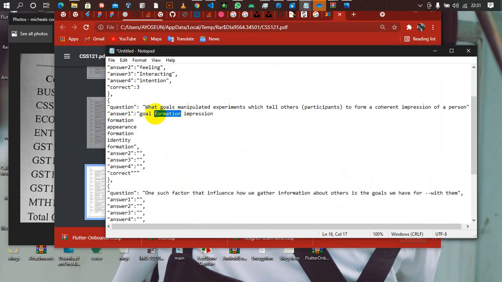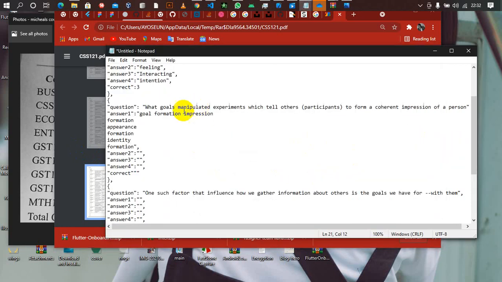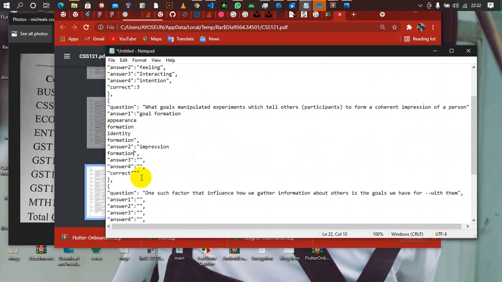B is the second one. So sorry, I must have missed something. Impression formulation. Okay, yeah, I think I got that wrong. This is the right answer. Getting the right answer is actually quite important. So number 2 is the right answer. So this one, identity formulation,